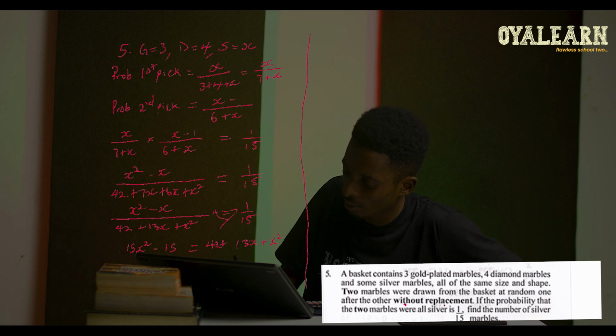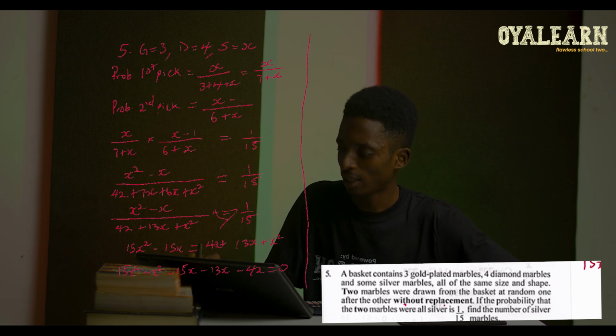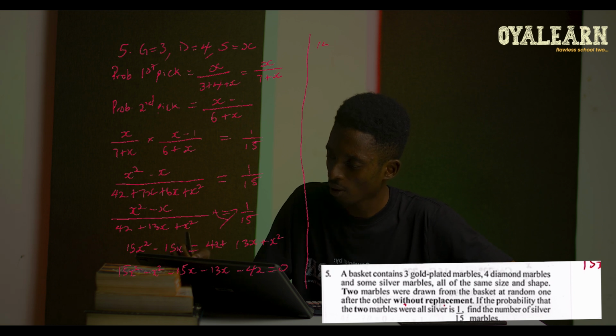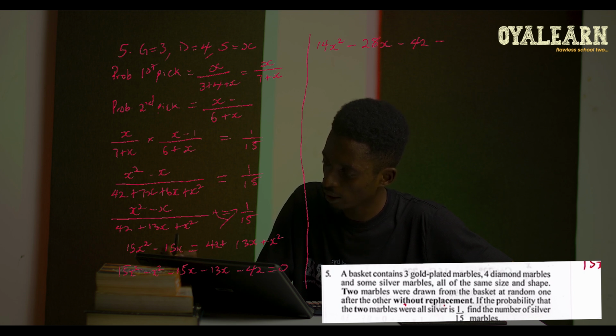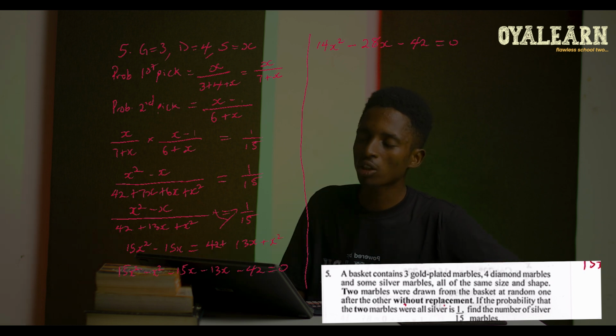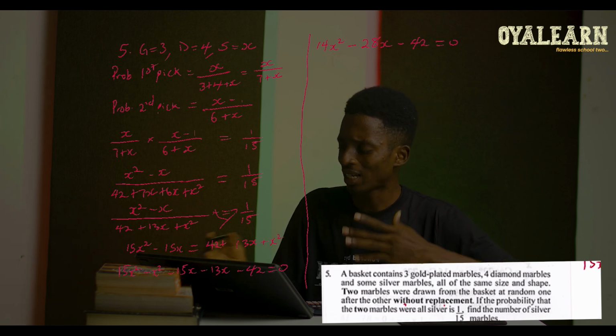Now when we collect like terms, that is 15x squared minus x squared, minus 15x minus 13x, minus 42 should equal 0. Now tidy that up and then we'll have 14x squared minus 28x minus 42 equals 0. Now we can solve this using the quadratic formula, or we can simplify it further to